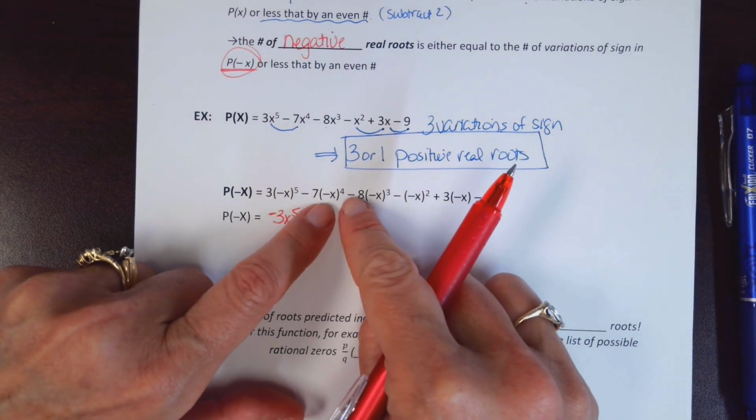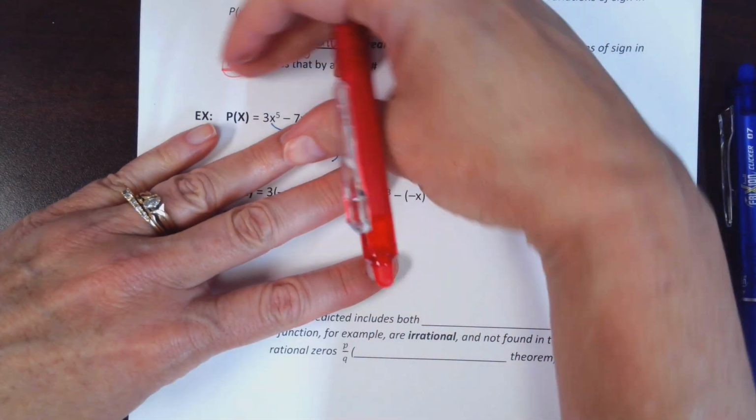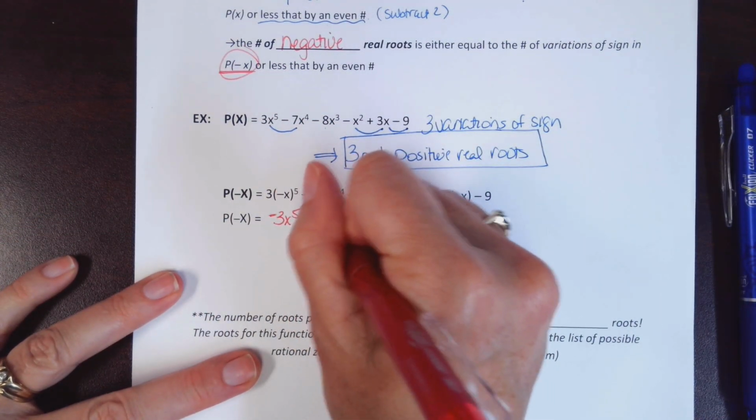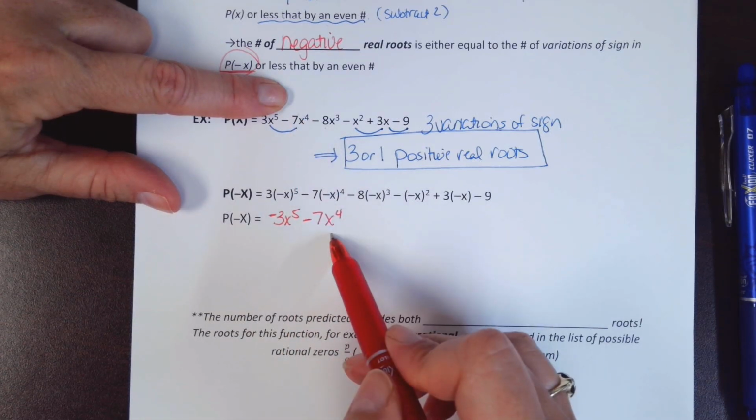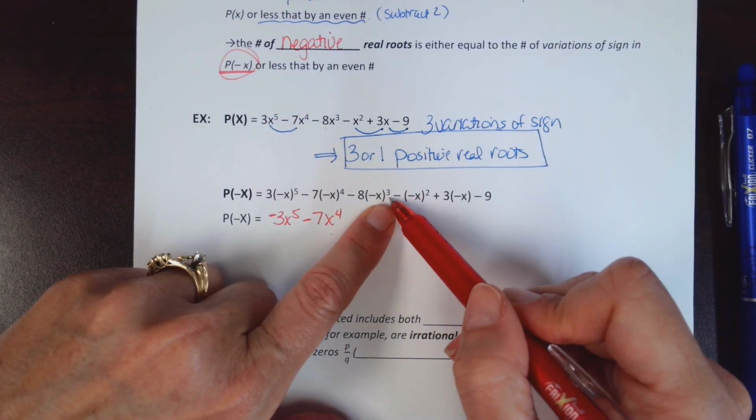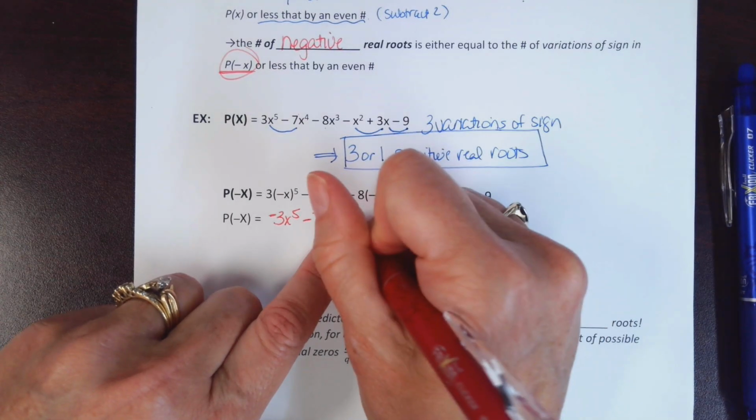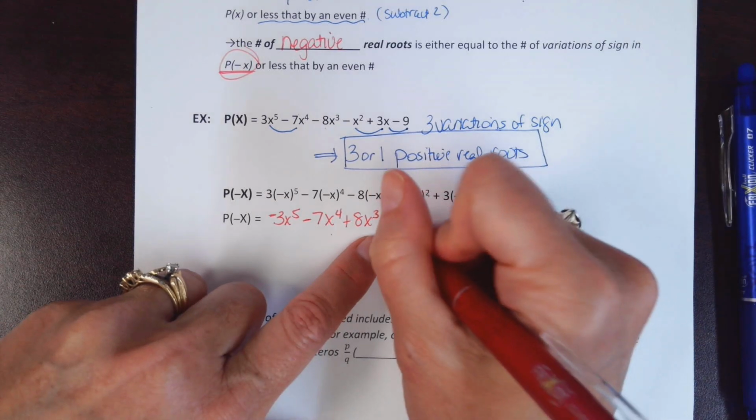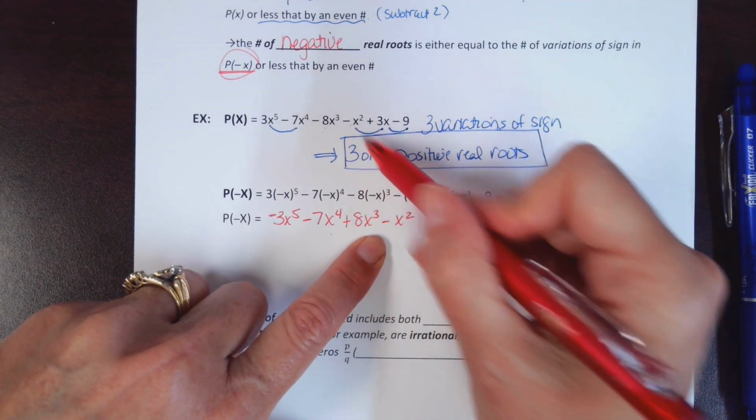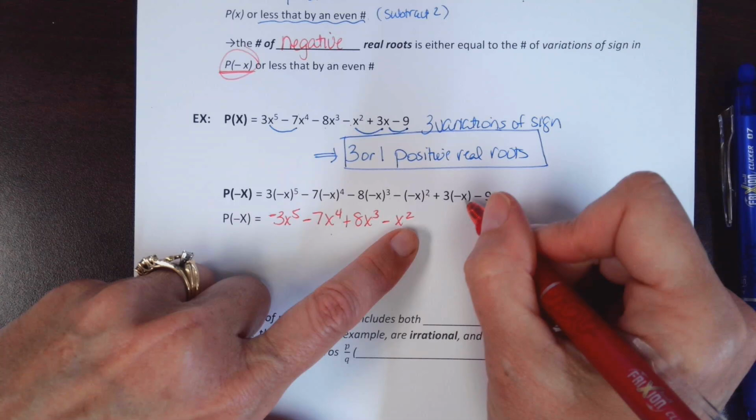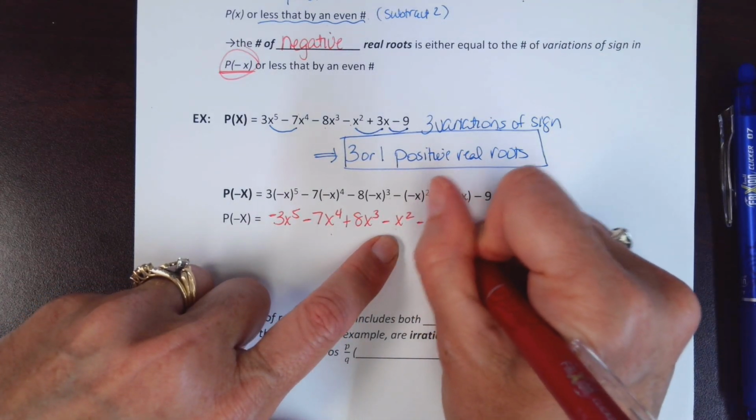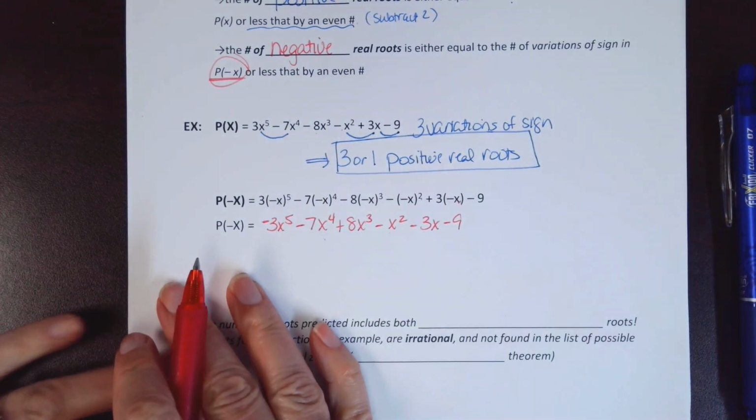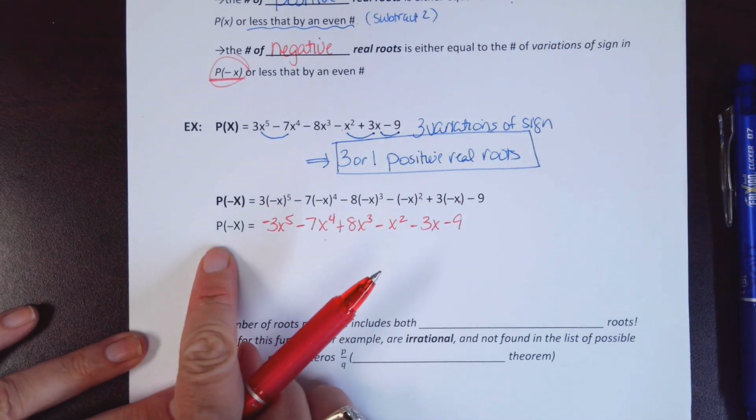The next term, I have an even exponent, 4. The negatives pair up, nothing changes. So this remains negative 7x to the 4th. You see? Here I have an odd exponent. It is going to change, so this becomes plus 8x cubed. Even exponent stays like it was, stays a negative x squared. Odd exponent, so that becomes a negative 3x. Constant, that word constant means unchanging. Constant is constant. So I've created p of negative x,